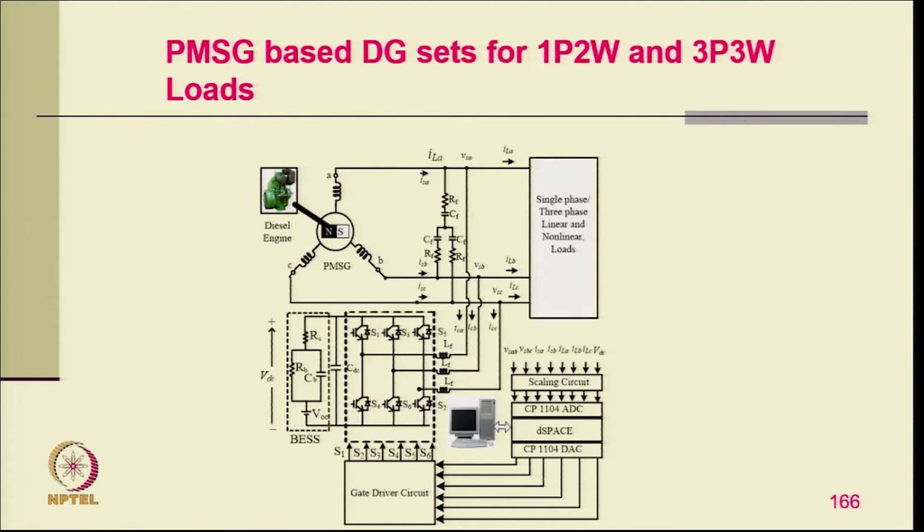This is typically the block diagram of the complete system, where we have a PMSG generator, and a voltage source converter with the battery on the DC link. Of course, we have a variety of loads, maybe single phase or three phase, linear or non-linear. The very purpose of putting the compensator is that it provides load balancing, voltage regulation and harmonic elimination. Apart from that, the battery provides optimum fuel